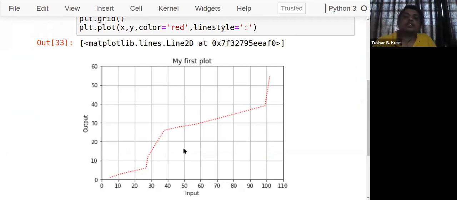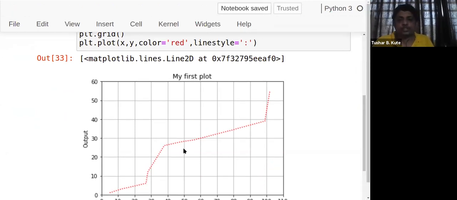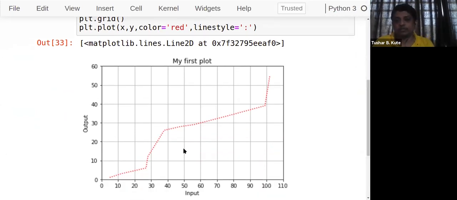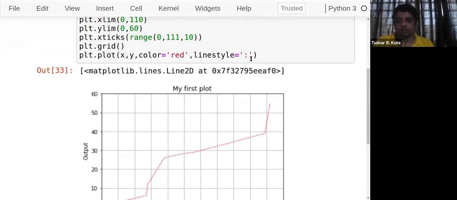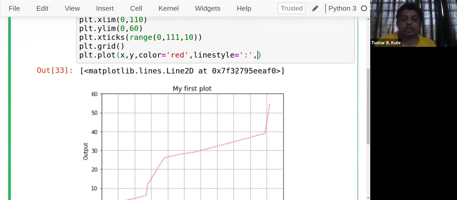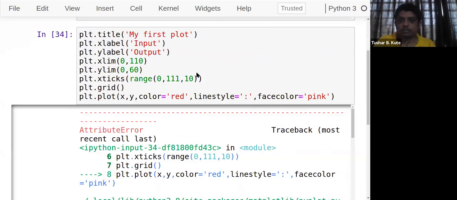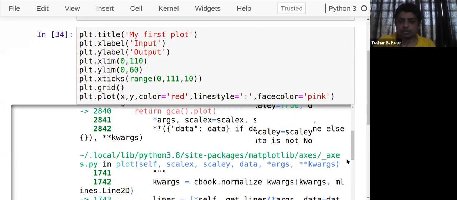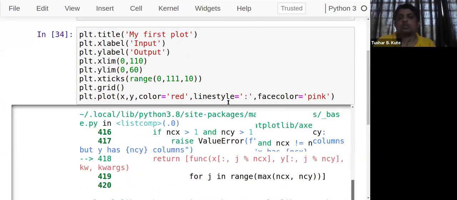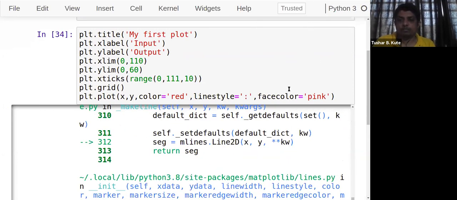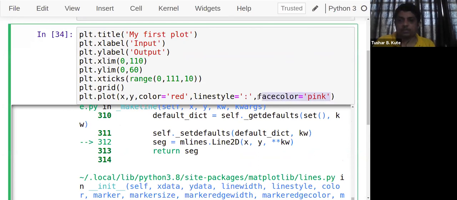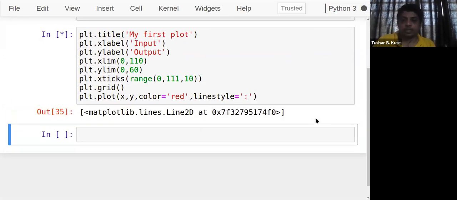Even if I want to change the face color, that also I can do. So this is the line style I've just made, and I can use face color now. Wait a minute, what's missing? Oh sorry, face color is not applicable to this. When I use multiple plots, that time I can show you.